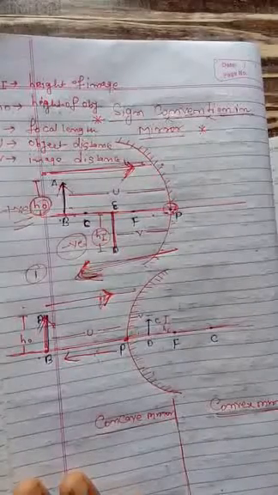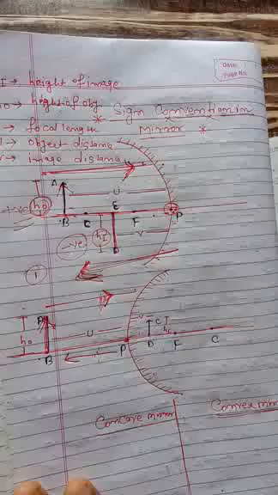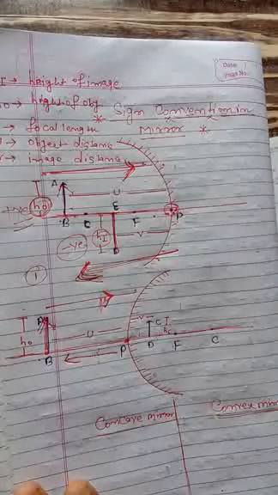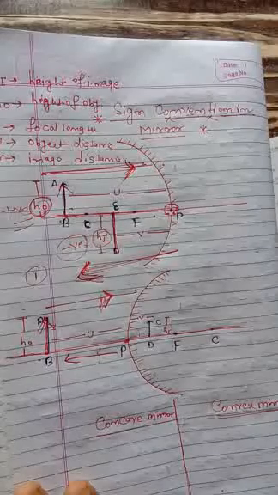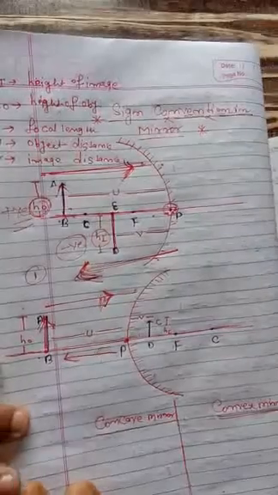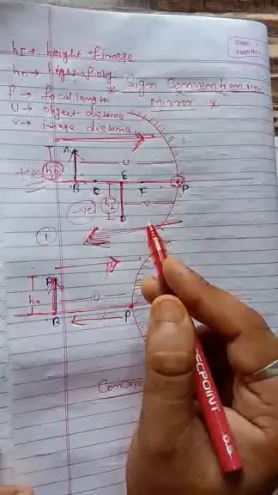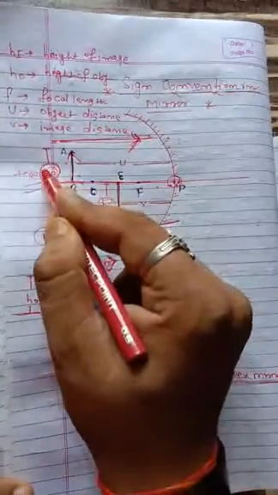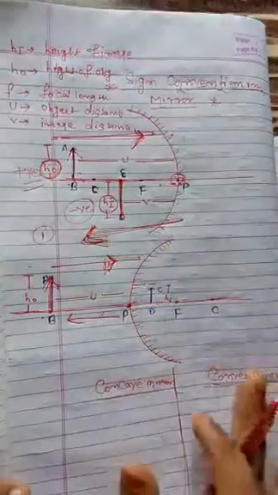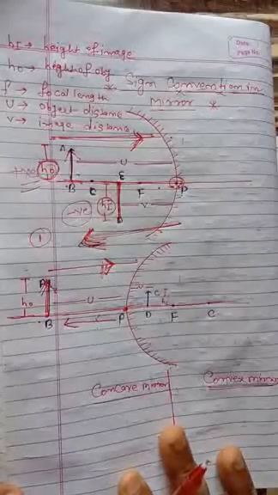The third rule says that the height of anything which is placed above the principal axis is considered positive height, and the height of things placed below the principal axis is considered negative height. So when a real image is formed, we know that the real image is always inverted, so the height of the object is taken as positive and the height of the image is taken as negative because it is formed below the principal axis. Okay, so these are the three main rules regarding the sign convention.